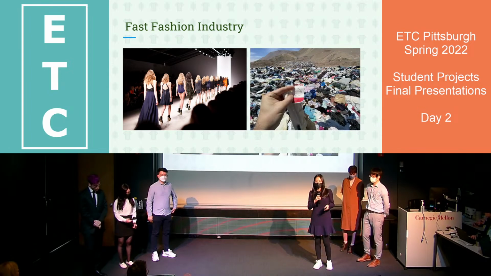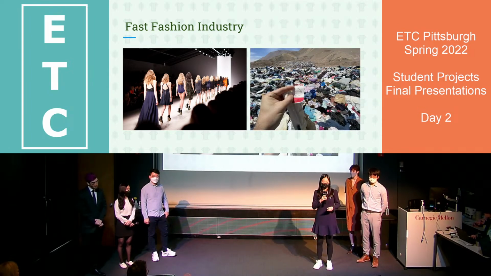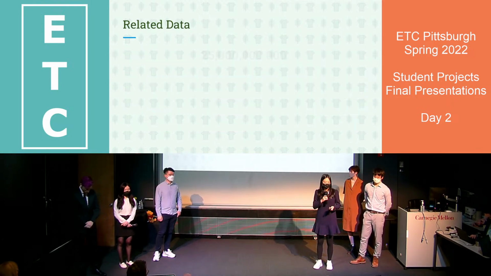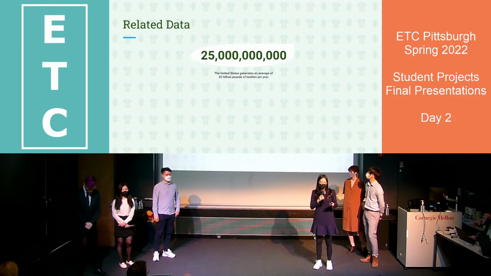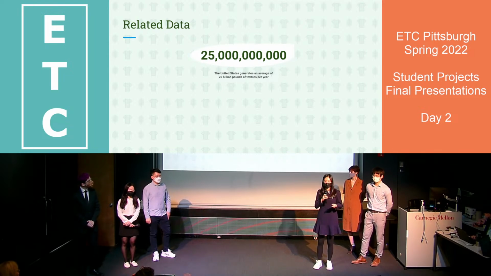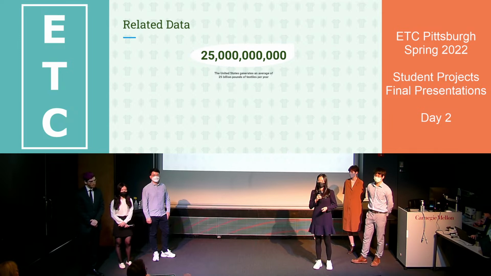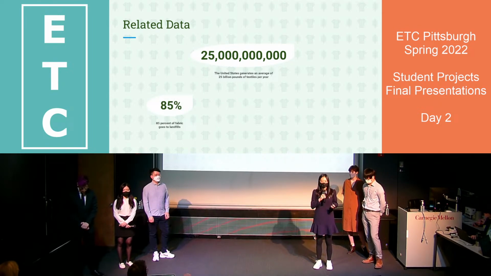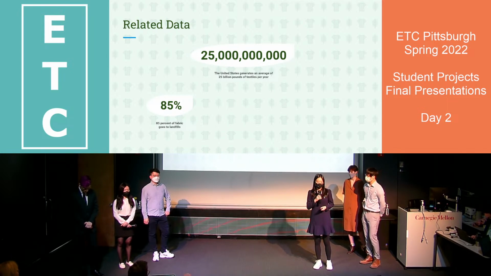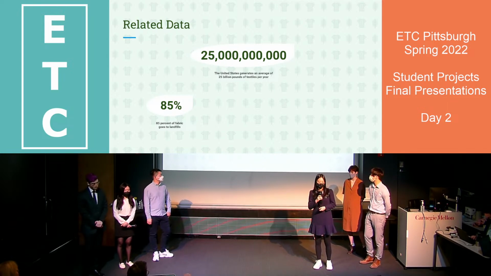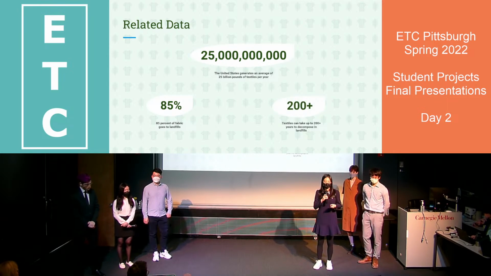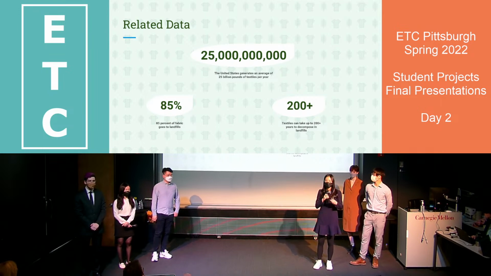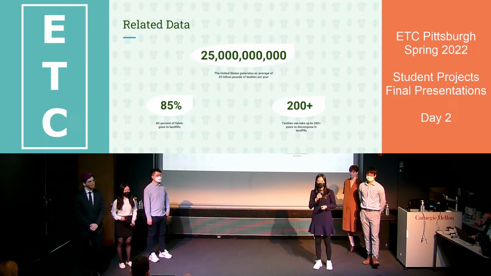After all the clothes end their life cycle, they go to a huge fabric waste mountain. In fact, the United States generates an average of 25 billion pounds of textile waste per year. 85% of fabric goes to landfill, and only 15% of the fabric is recycled or reused. And this textile can take more than 200 years to decompose in landfill. So it will be a severe environmental problem in the future.